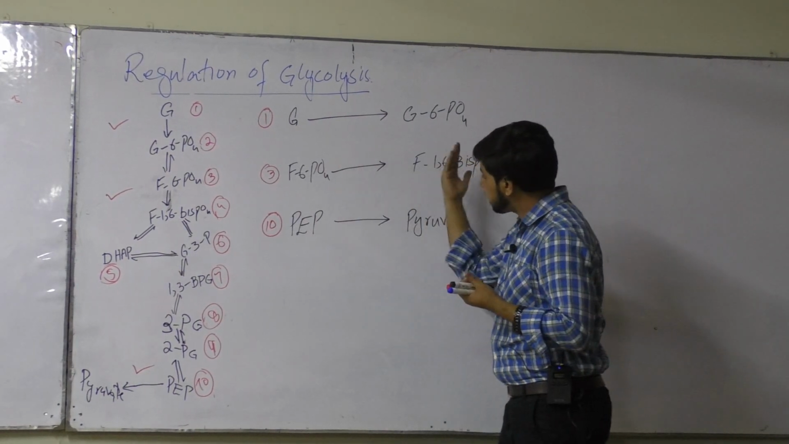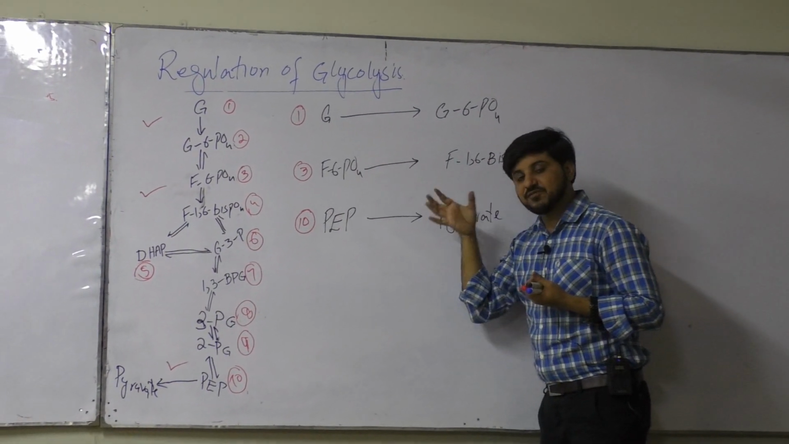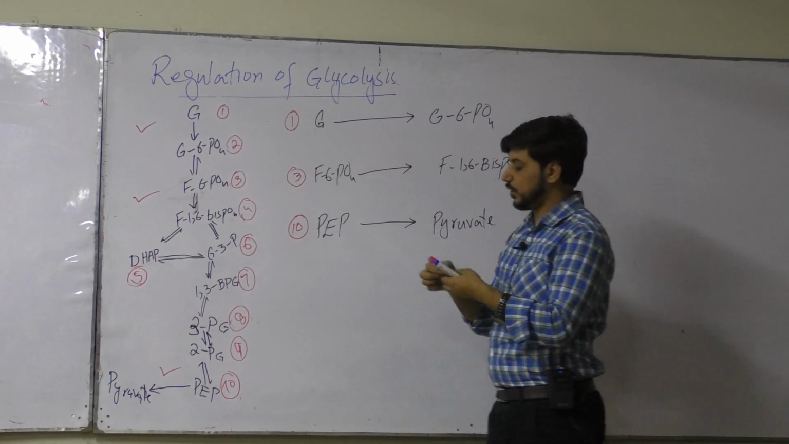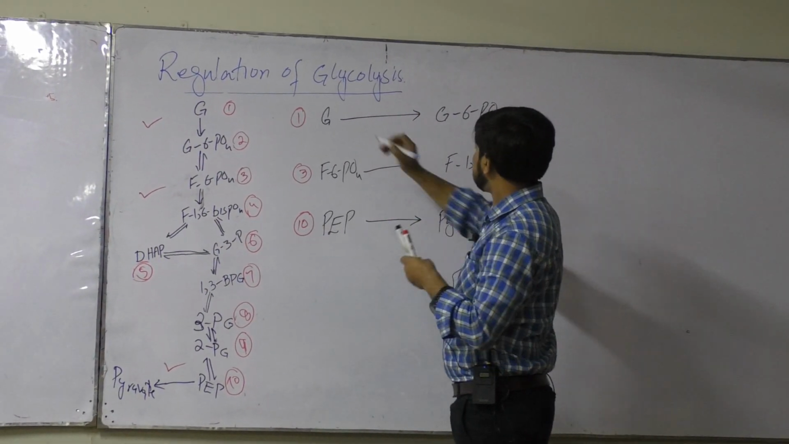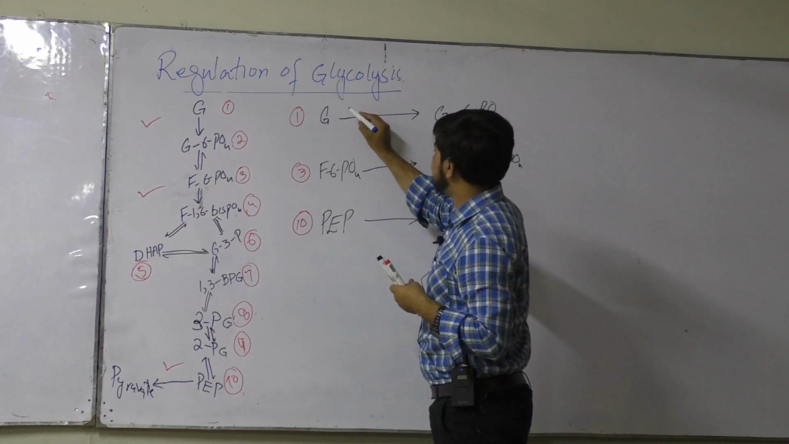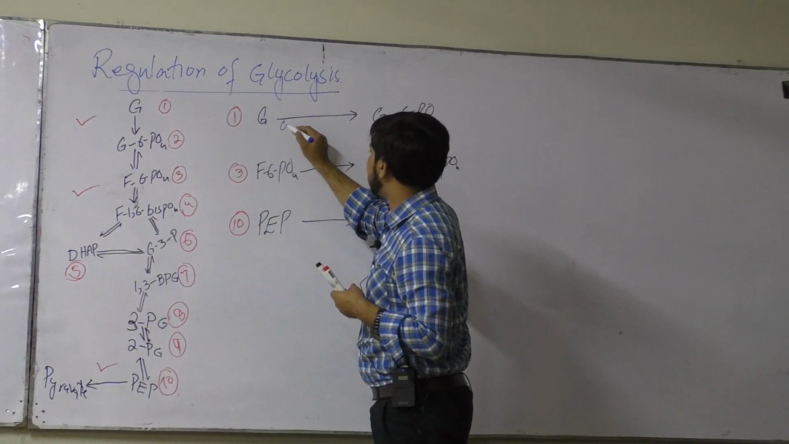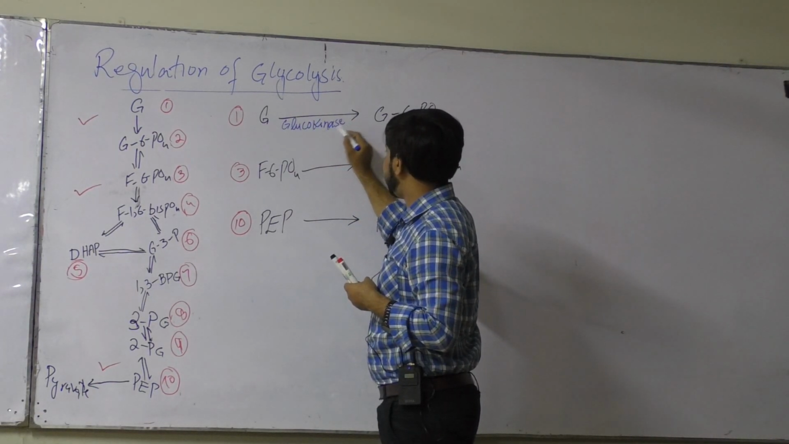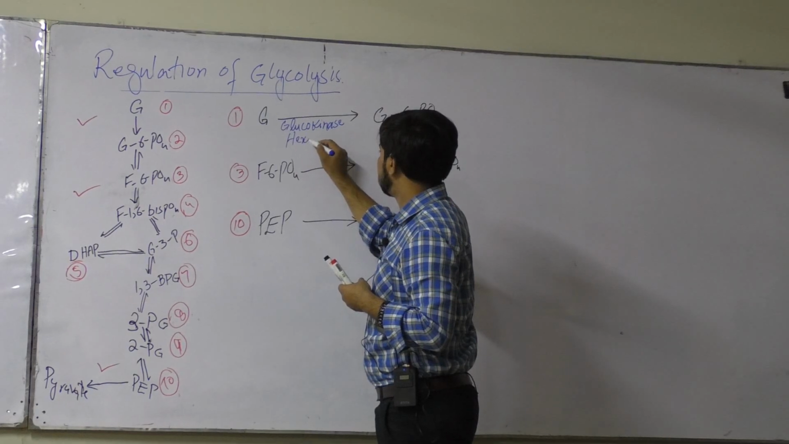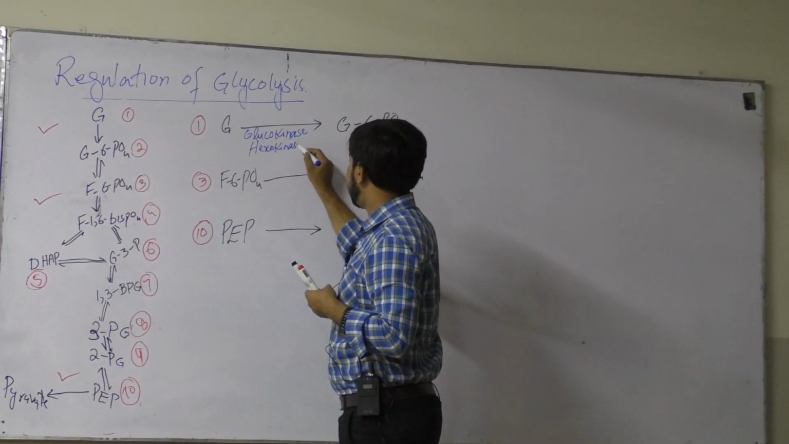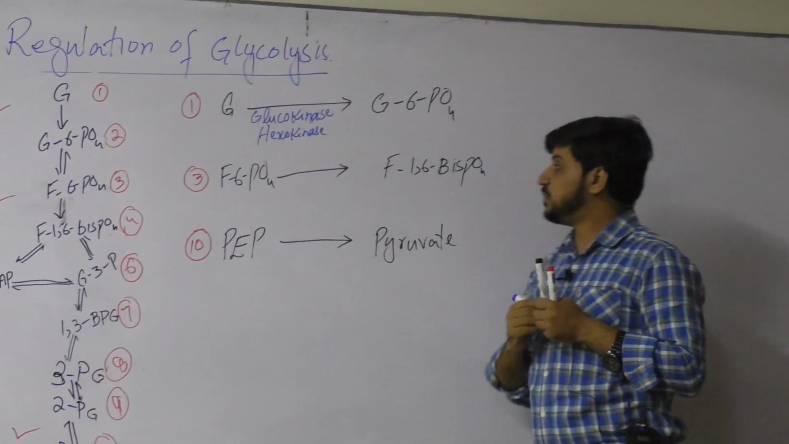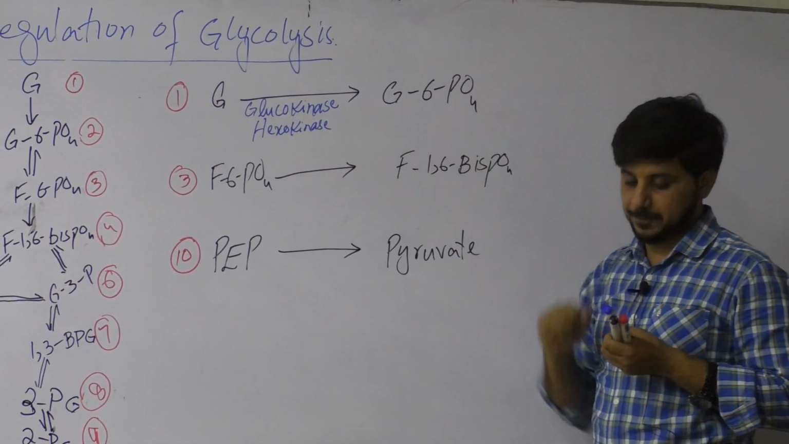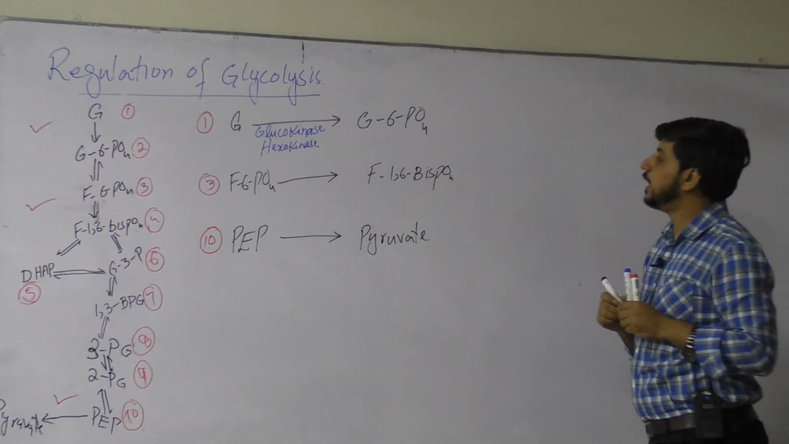And these chemical reactions are further regulated by their respective enzymes. For example, in the first chemical reaction, the enzymes responsible are glucokinase or hexokinase. Let me first explain this regulatory step. If we talk about glucokinase,